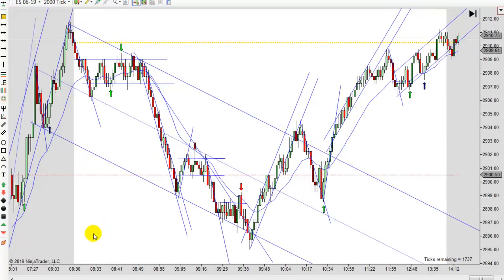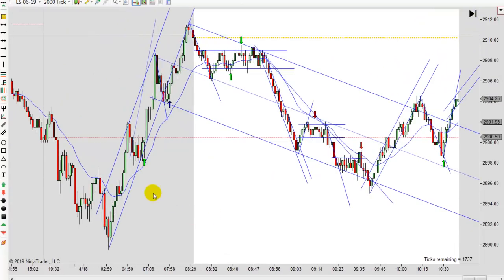So anyway, let's back out. 7 o'clock came right in here this morning. I like this entry. It's a little bit aggressive. We didn't break lower here, so you really didn't get a failed second entry short. But notice that high and your first entry and you pull back, and there's a lower high right there. So you got a second entry right there, but your signal bar is not very good. But then it makes a lower high, and you can see it coming right off that trend line with that big bullish bar. It closed on us very high. If you could get in there, I like going long.